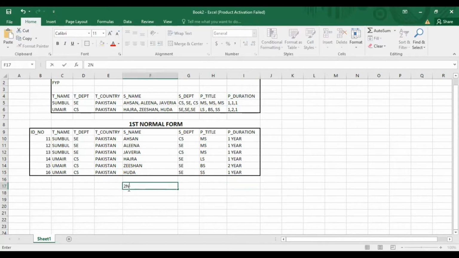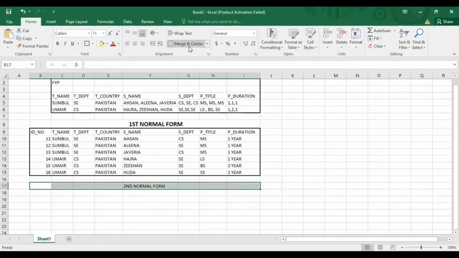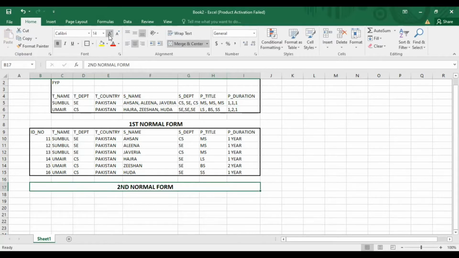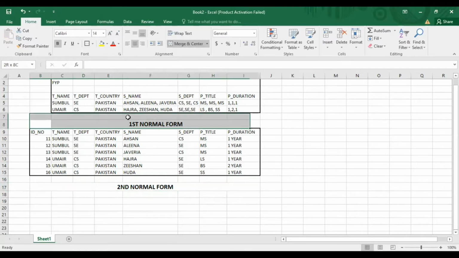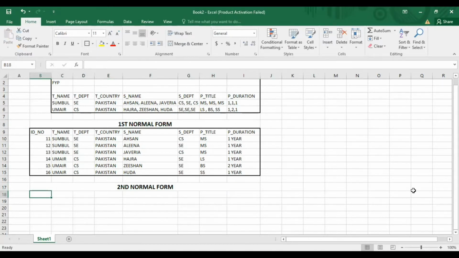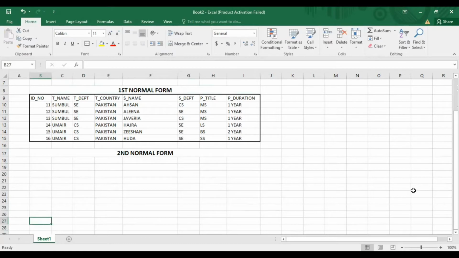What we have to do is second normal form.